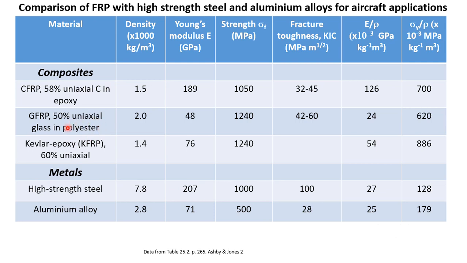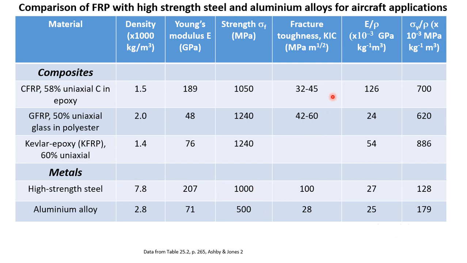the matrix is different, and also we should know that the properties of the fibers may vary from manufacturer to manufacturer. Similarly, the properties of the matrix also may vary depending upon the process. So therefore, we cannot always compare very precisely, but these are typical values and good for comparison. Compared to composites, metals have lower strength. So high strength steel, which is considered a very high strength material, has 1000 megapascal, whereas aluminum is very low.